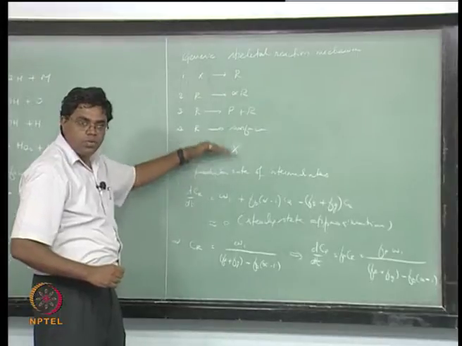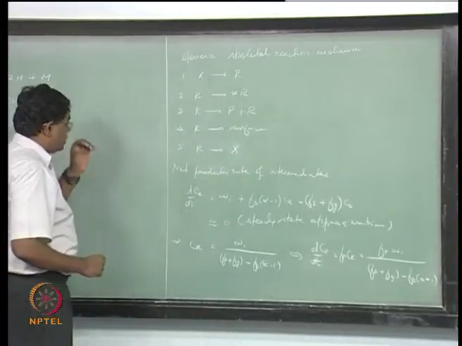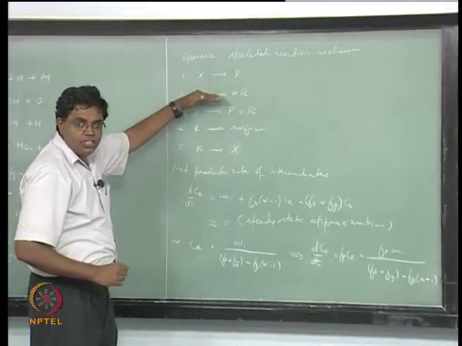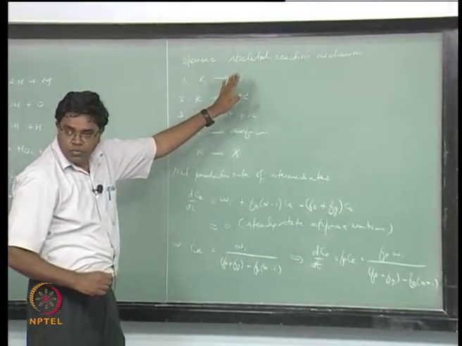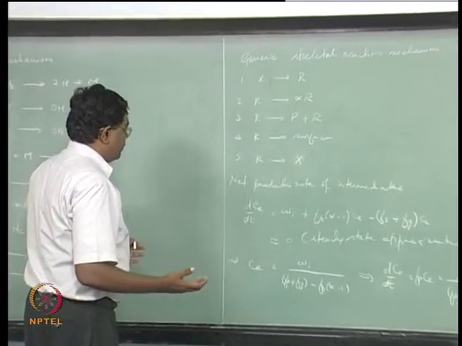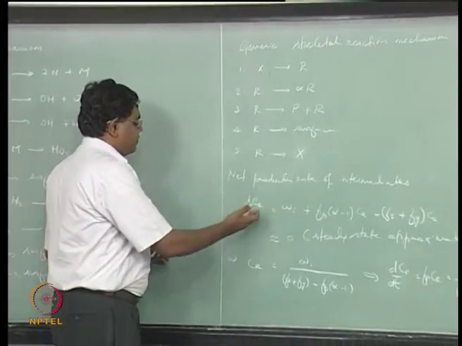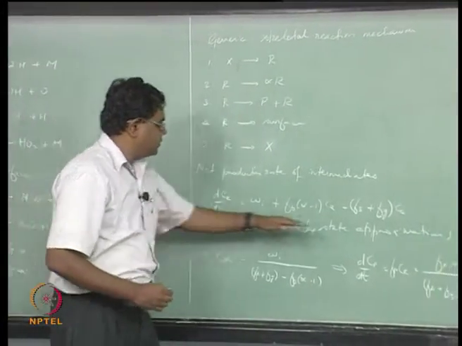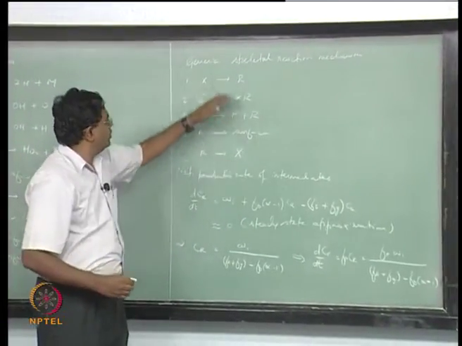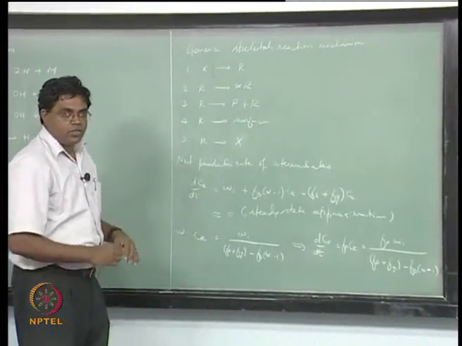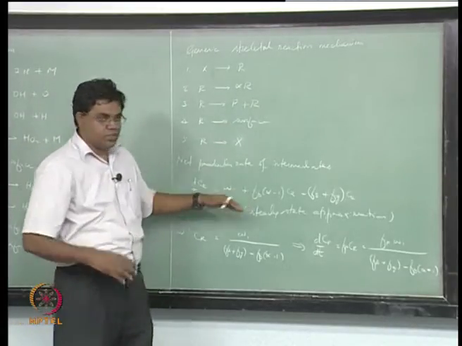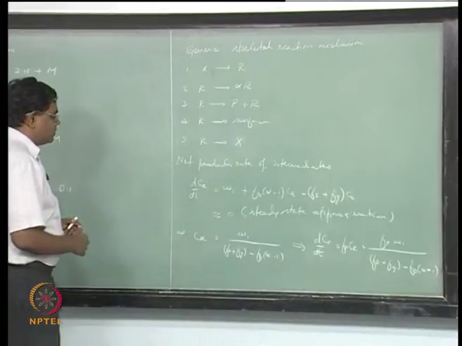We want to distinguish between these, and we want to notice that this is a chain propagation step, this is a chain branching step if alpha is greater than 1, and ultimately we now write a rate equation for the concentration of the intermediate as this, where F's actually are essentially factors on the reaction rate constants, because this is only skeletal. So these F's are the ones that represent the rate constants,